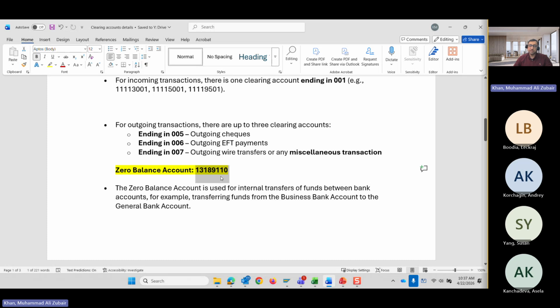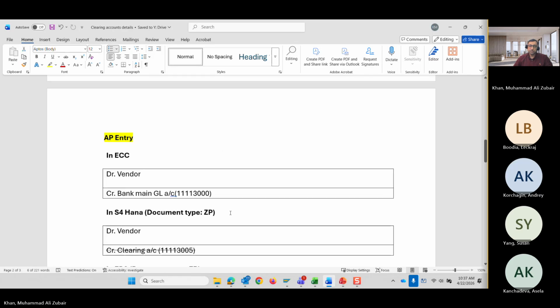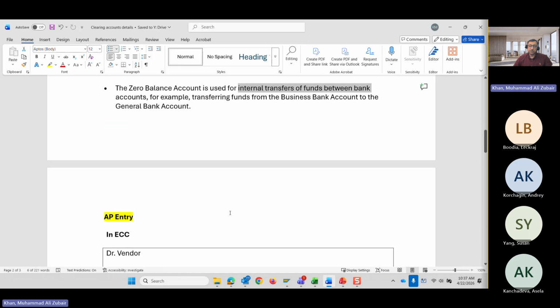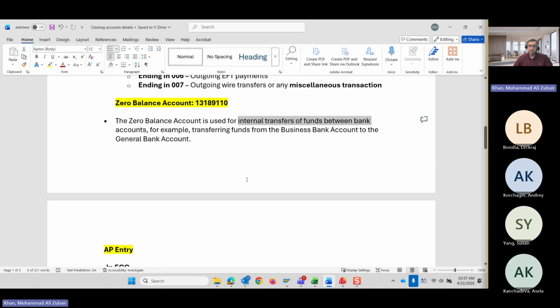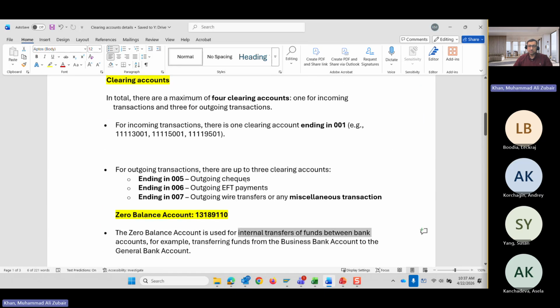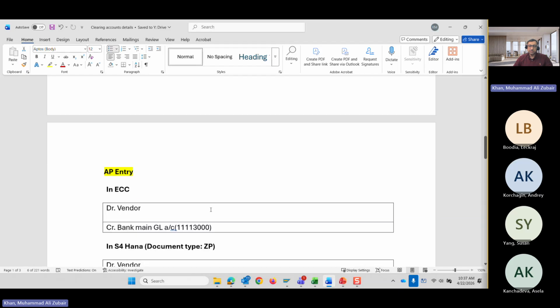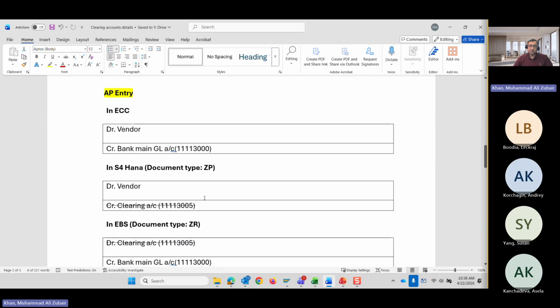So whenever you see this account, it means an internal transfer of the funds between the banks. Because when I was testing, I encountered these things, so I just noted them down. I thought that maybe it is a benefit for others as well. So before going to the system, I just want to show you how clearing accounts work in the legacy system and